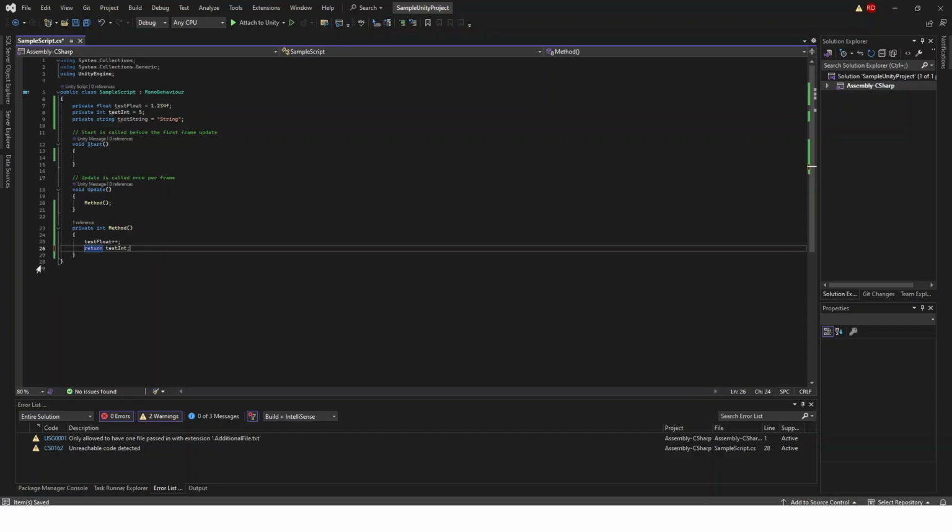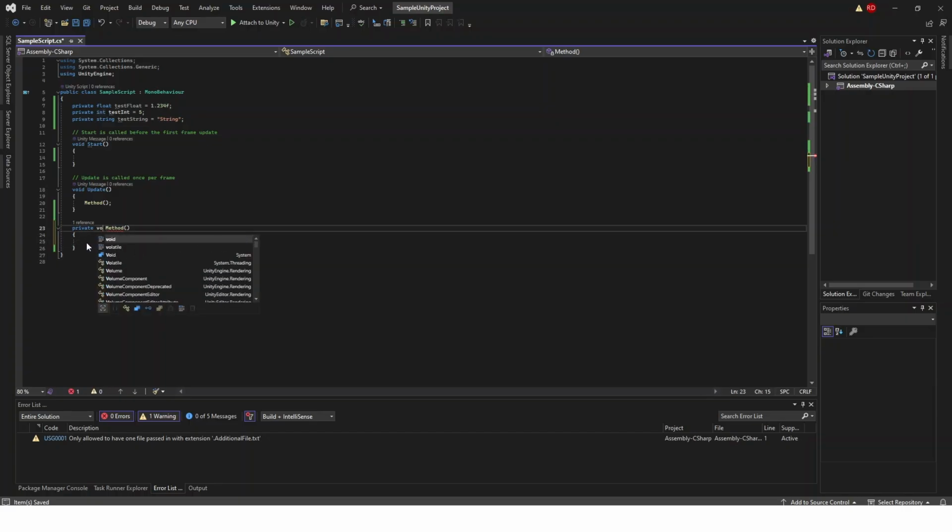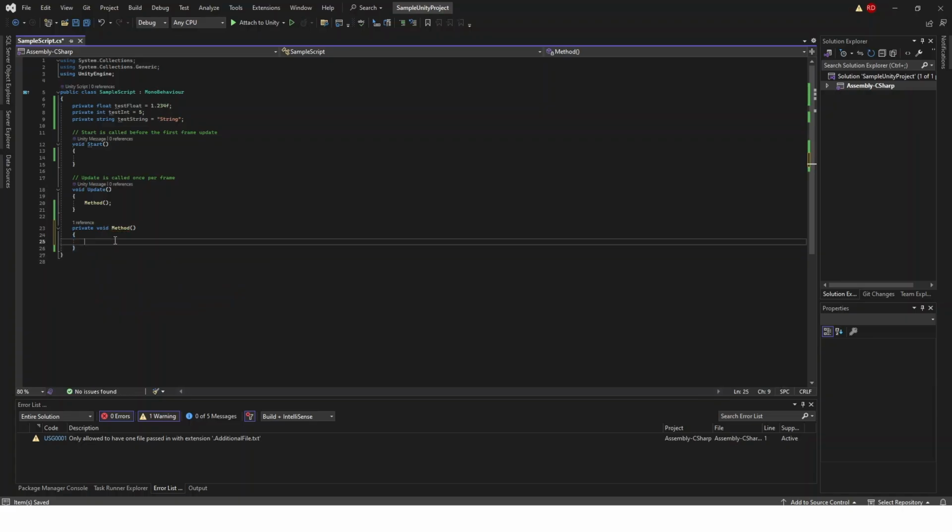For loops are just loops that will cycle through every single object inside of a loop. So in our method, let's just delete this, and then we can turn the return value back to void, so it doesn't have to return anything. And you can see that makes our little error go away. Here we can just type for, and then it's going to look for a few things. I'm going to do an integer I and set it equal to 0, semicolon, I is less than a number,